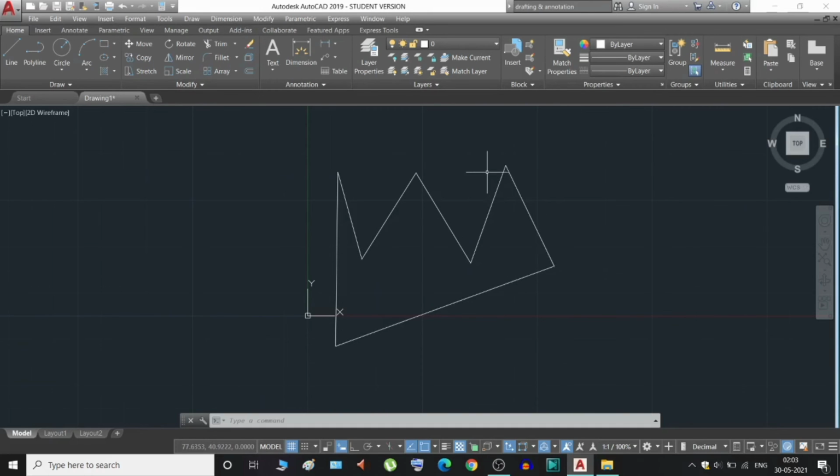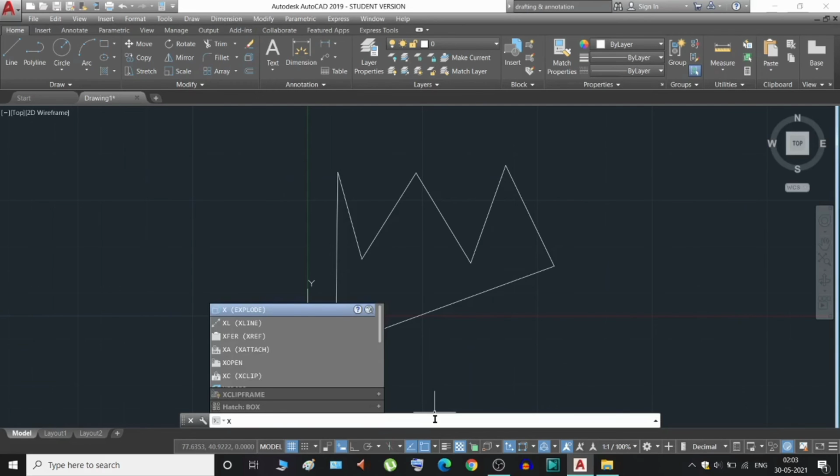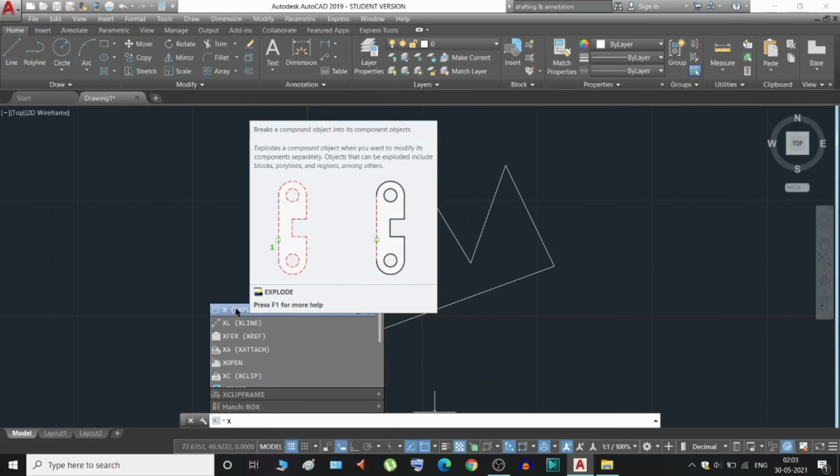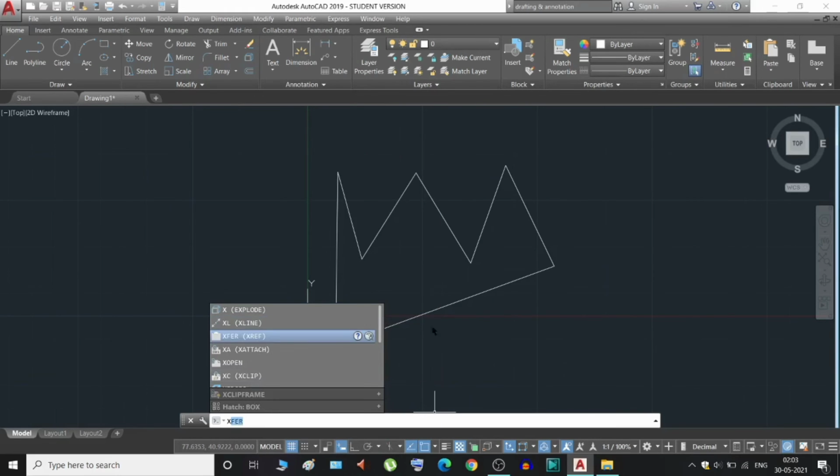And if we want to explode these lines, what we have to do is write just X. By typing X, you can select the explode command over here, or just press enter as it is appearing at the first position.